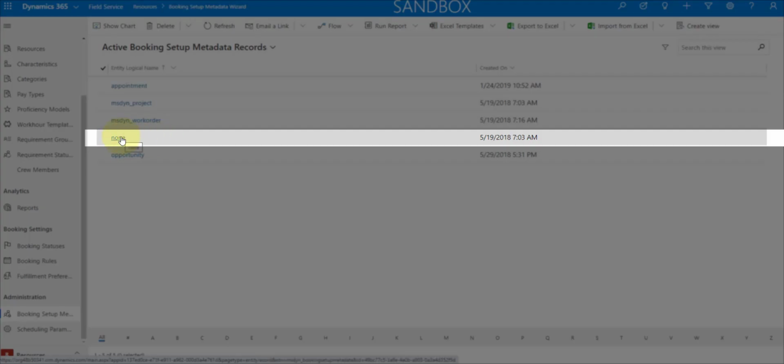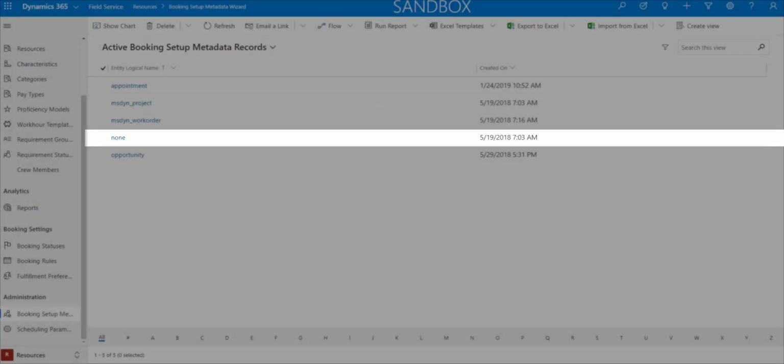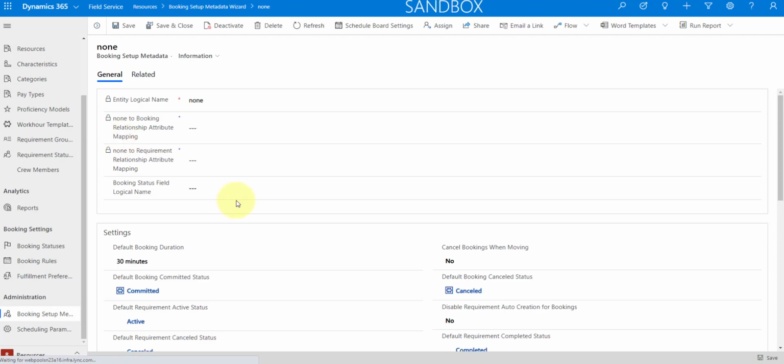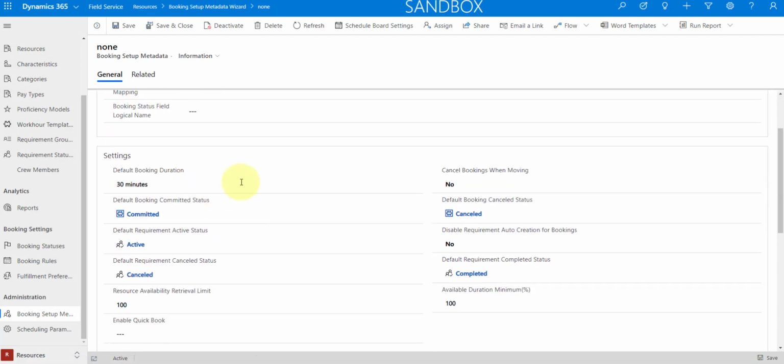Because the problem most likely is that the retrieve constraints query and the retrieve resources query fields are not populated, and that's why it's not giving us records when we're trying to QuickBook that work order. I'm going to pull that up, and those fields by default are not on the form. So what we want to do here is go to